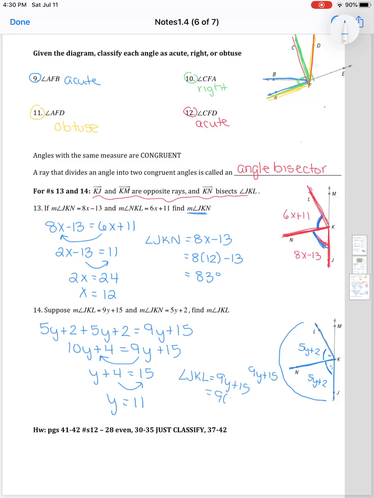And then we are finding JKL. And JKL is our 9y plus 15. So we're going to do 9 times 11, 99, plus 15. And that gets us 114 degrees. Okay, so again, on the homework tonight, just make sure for 30